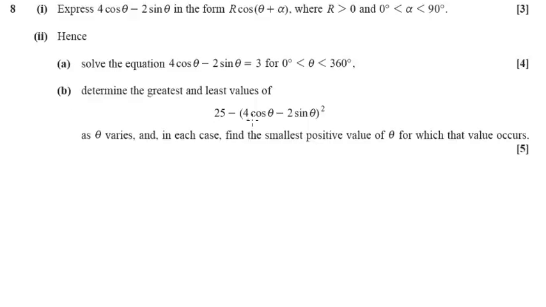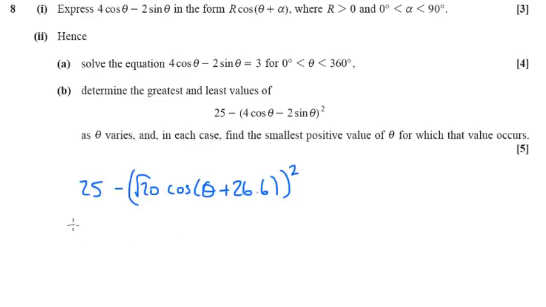Okay, for part B, again, we're not going to use this 4 cos theta minus 2 sine theta. We're going to use what we worked out from part 1. So we've got 25 minus root 20 cos theta plus 26.6, that's all being squared. Because we're squaring that, I'm just going to change that to minus 20 bracket cos theta plus 26.6